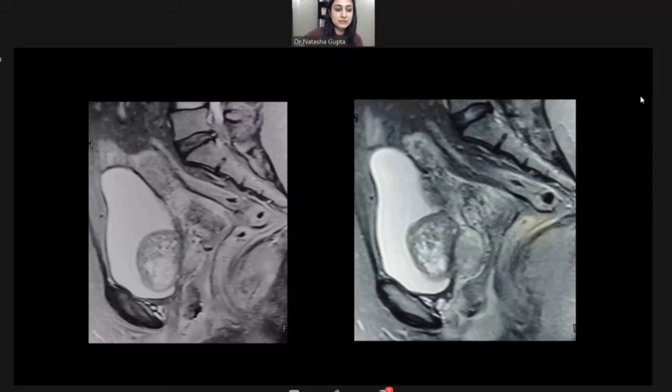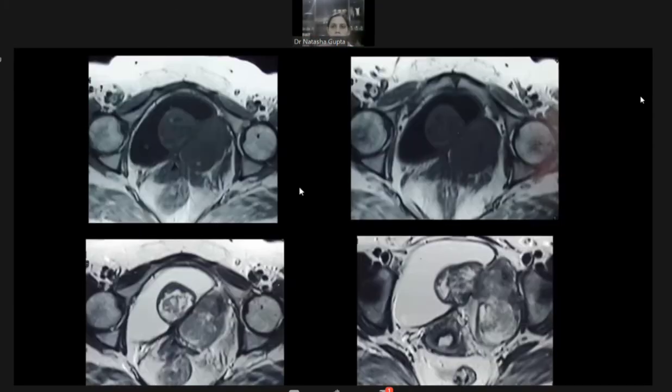Ma'am, in the sagittal images, again, on the T2 weighted images, we can see that the mass has this broad base with the bladder wall. And we can see the intrinsic as well as extravesical component quite well, and fat planes maintained. Right. So again, MR is just a repetition of the findings, just better seen, better depicted. They make us more confident. That's all. Otherwise, we had picked most of the findings.